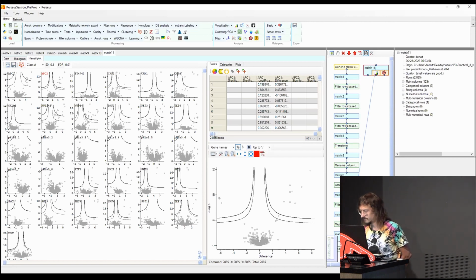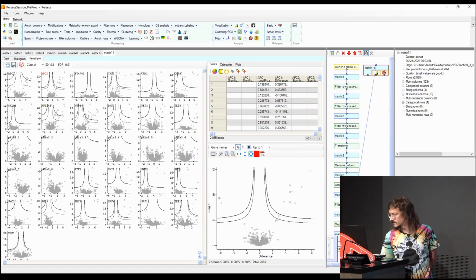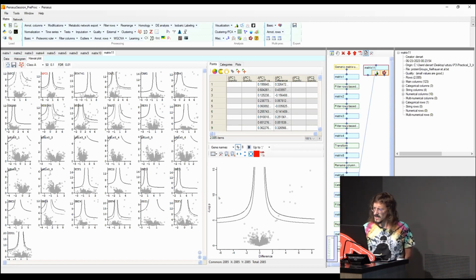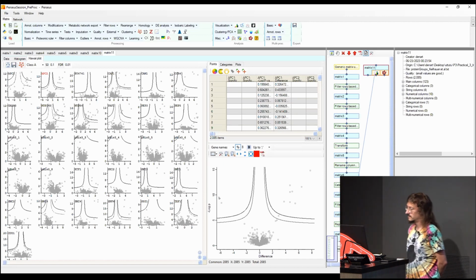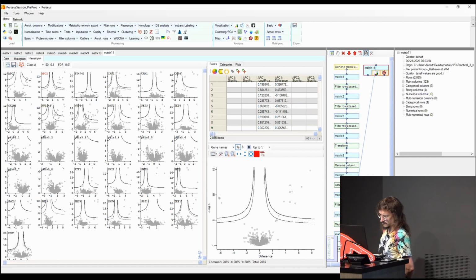Yeah, one question about the y-axis. The log p-value, this is on a minus log 10 scale, right? Yes, minus log 10. So the upper line, with the 1% false discovery rate, shouldn't this sit at something like 1.3, sorry, the 5% line, the lower one, at 1.3, because this would correspond to 5%? No, because it's really the p-value that's plotted on the vertical, not the q-value. So it's really the p-value.